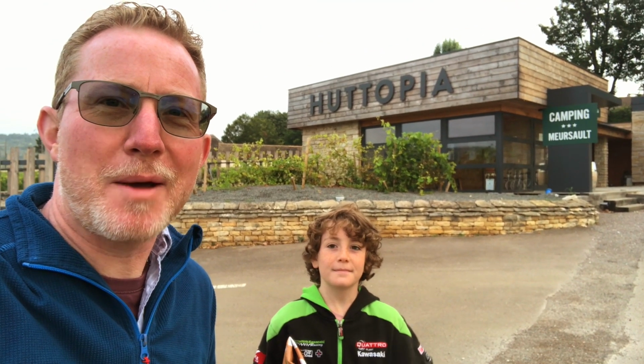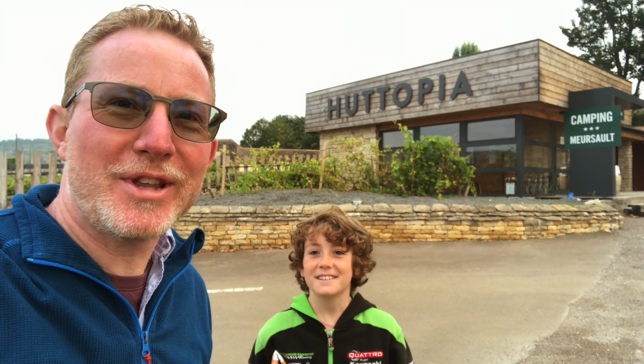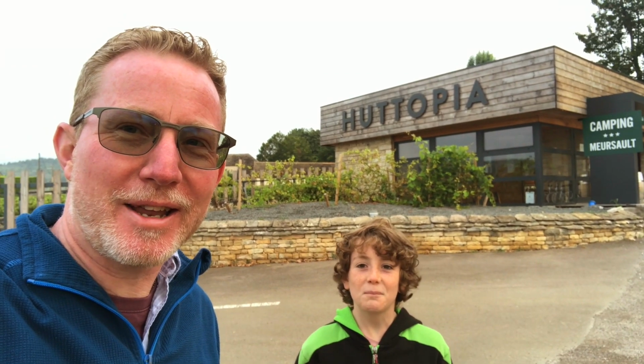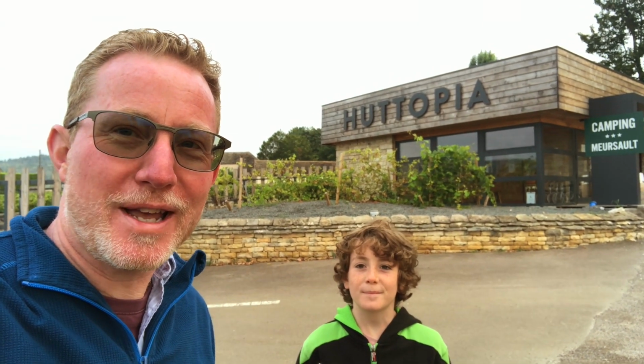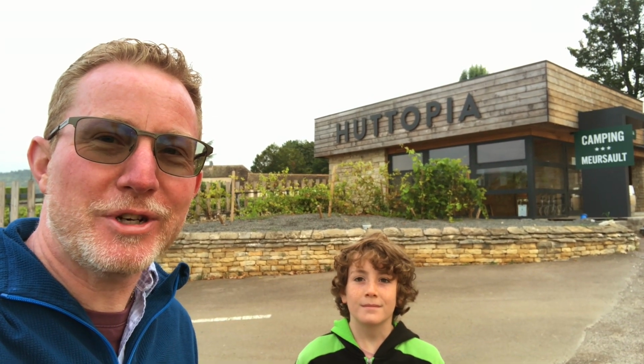Welcome to camping Huttopia Meursault, which is going to be our home for the next 3 nights. So we're going to get checked in, settle in, and hopefully enjoy some lovely weather here in the Burgundy region of France. Yes. So after a long overnight drive with a 3-hour break, admittedly, we've finally arrived here at our campsite for the first 3 nights of our trip,